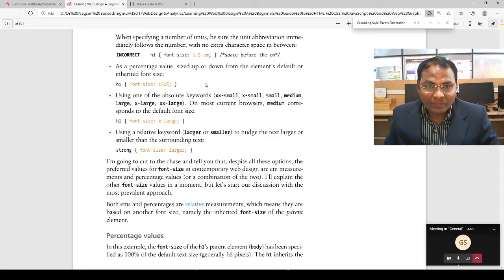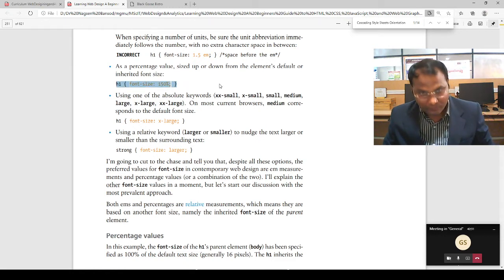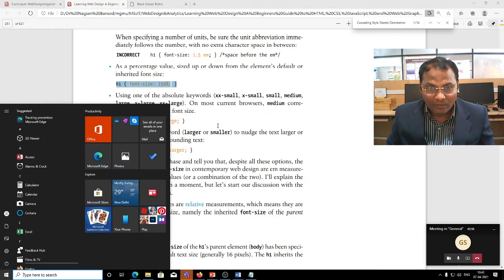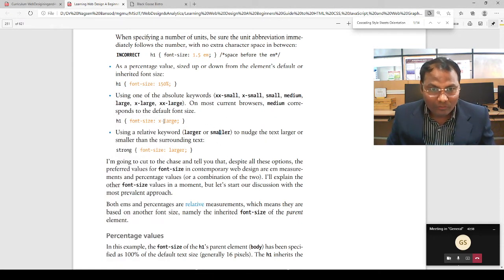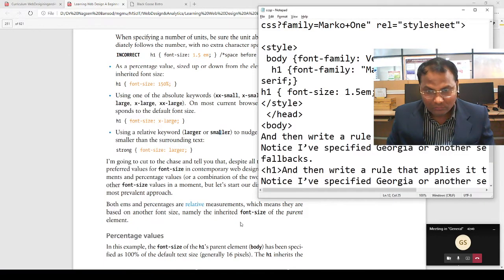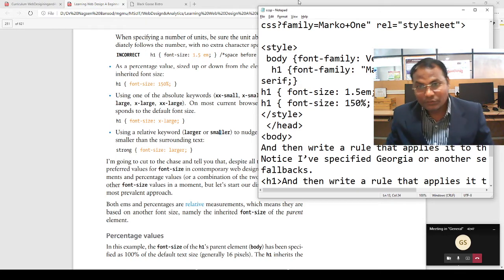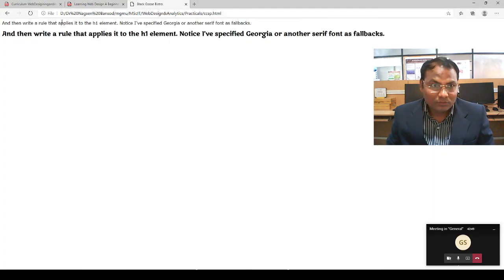As a percentage value, the size is based on the element's default or inherited font size. Suppose we are adding the percentage. Then you see no changes appear.